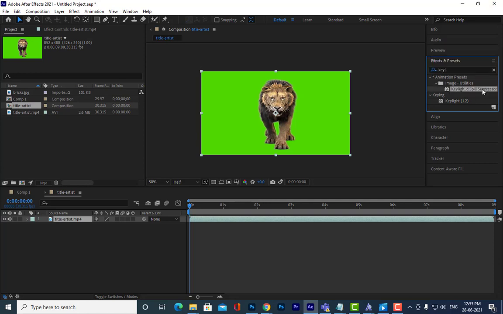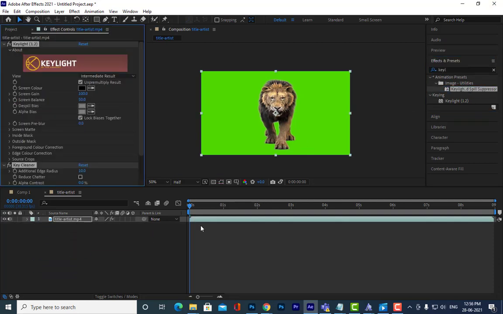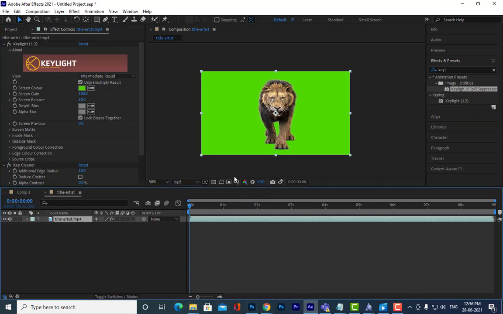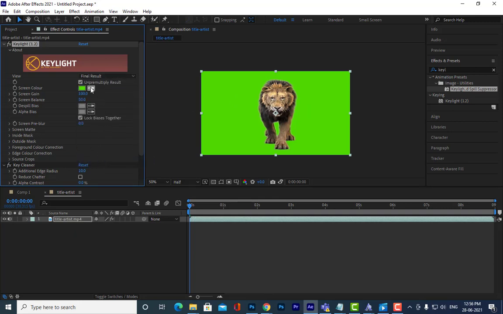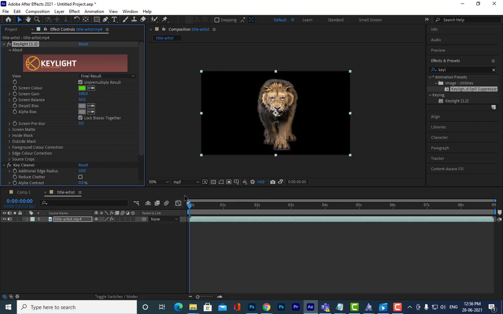Here spill suppressor is also there. Just drag it. It's not picking the color, some problem is there. So the system has some problem here. It's taking a lot of time.